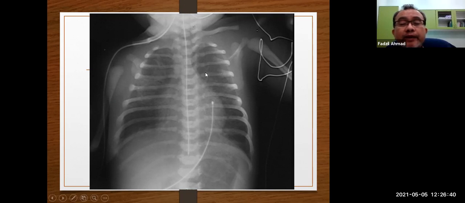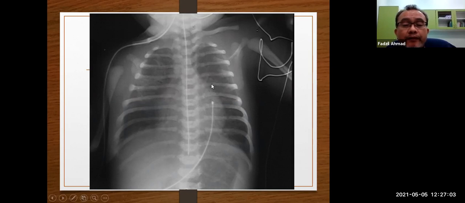It can be different: some places thicker and blocked, others not blocked. So it isn't homogeneous on the X-ray, and you can see it is a bit hyperinflated. The X-ray shows there is an airway block, and after a while the lungs become more whitish